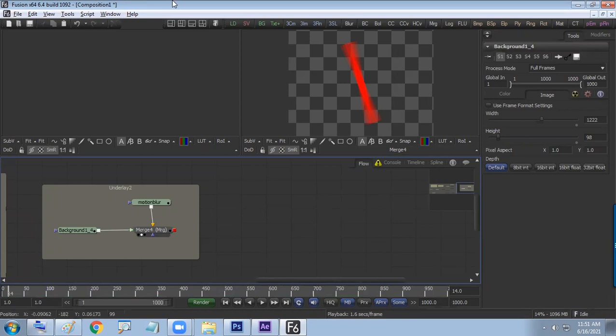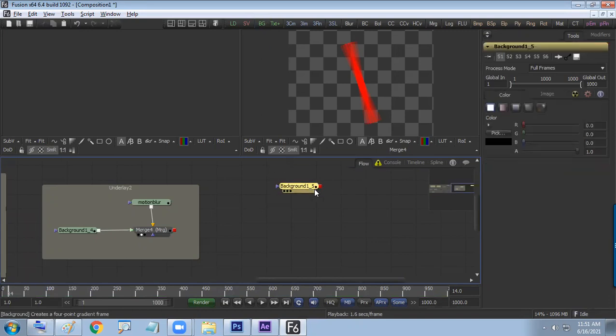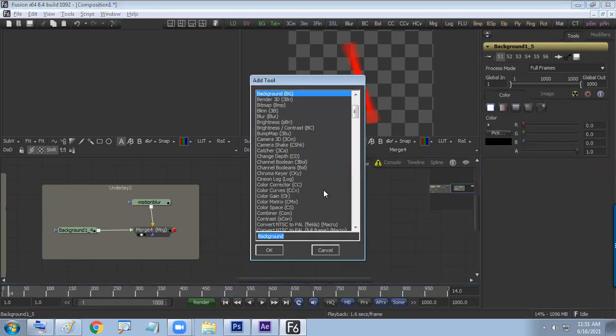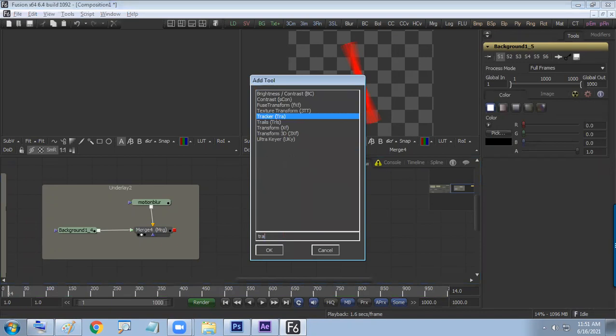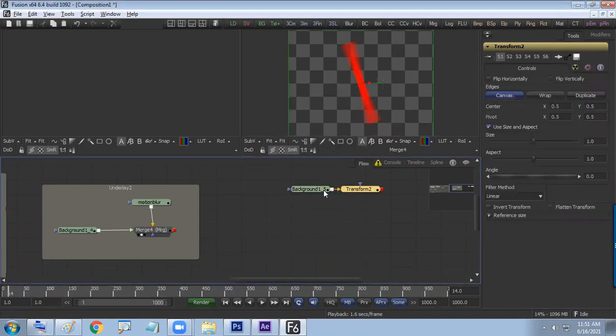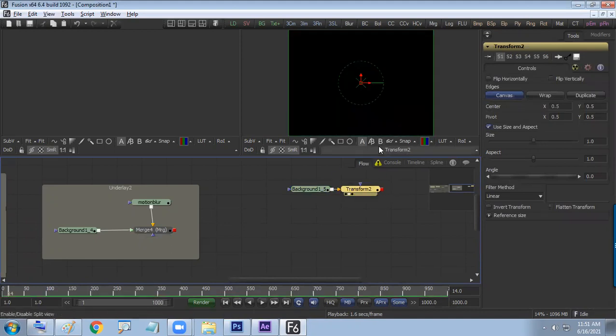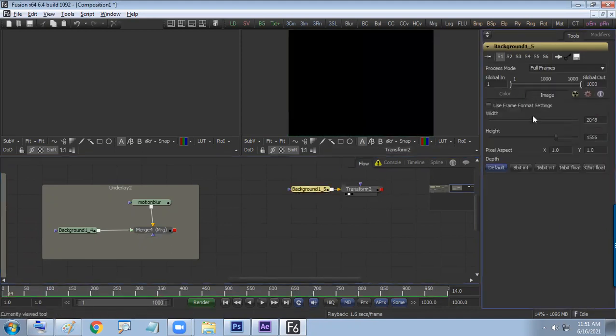So I'll make a flow. Very simple. Get a transform node. So directly now, because you know which node you are going to use, get the angle. Color, yes.